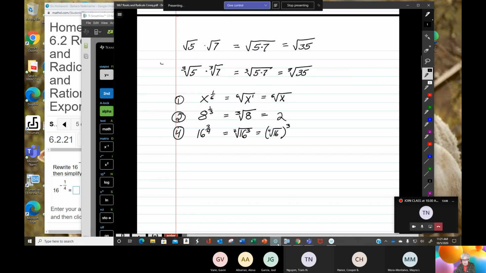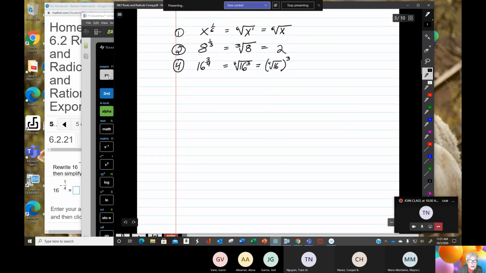so I need paper. Number 5. 16 to the negative 1/4 power. Negative signs on exponents are indicators of location, where the base belongs. 16 to the negative 1/4 power is 1/16 to the positive 1/4